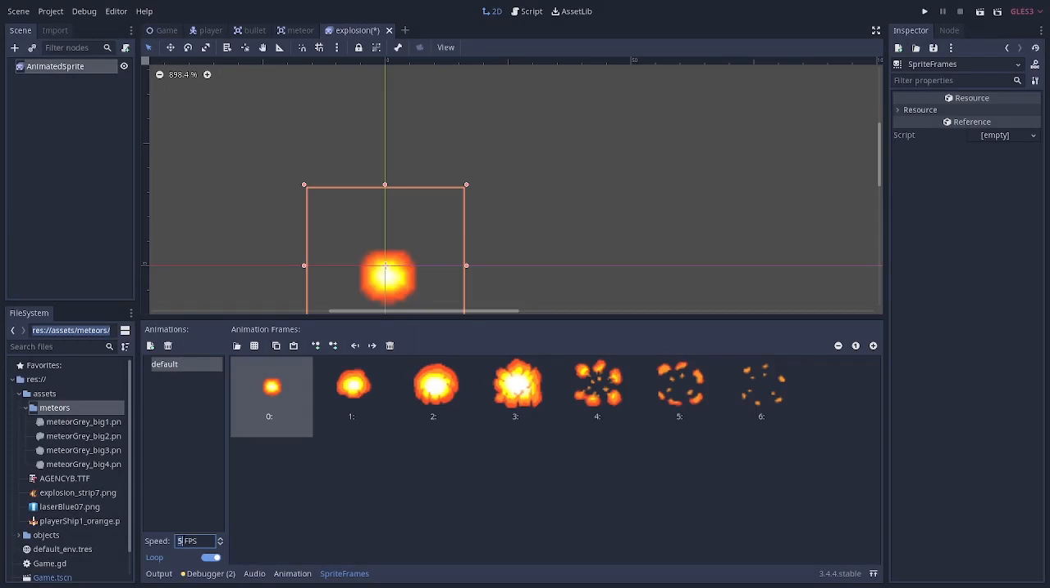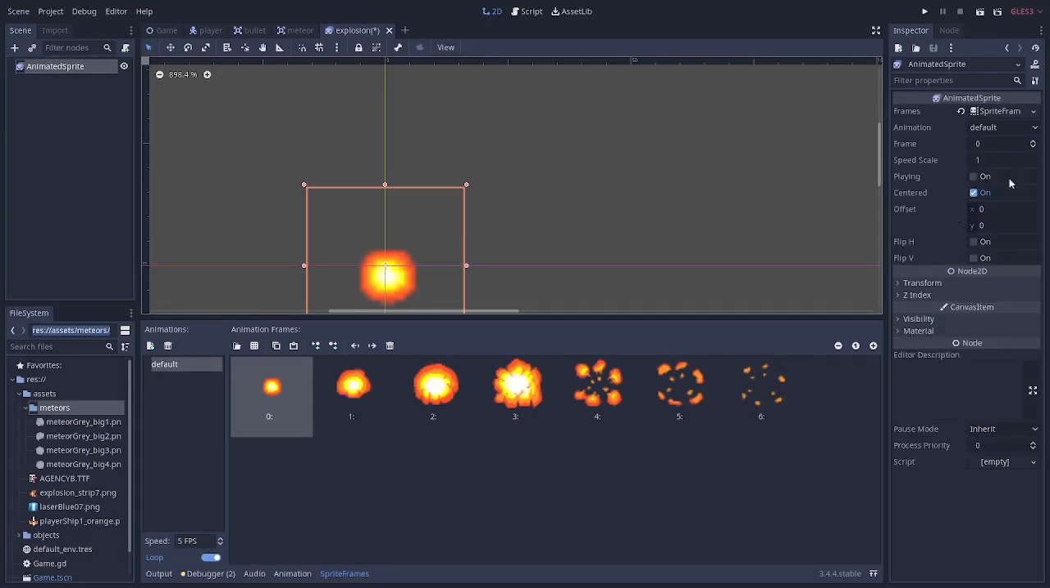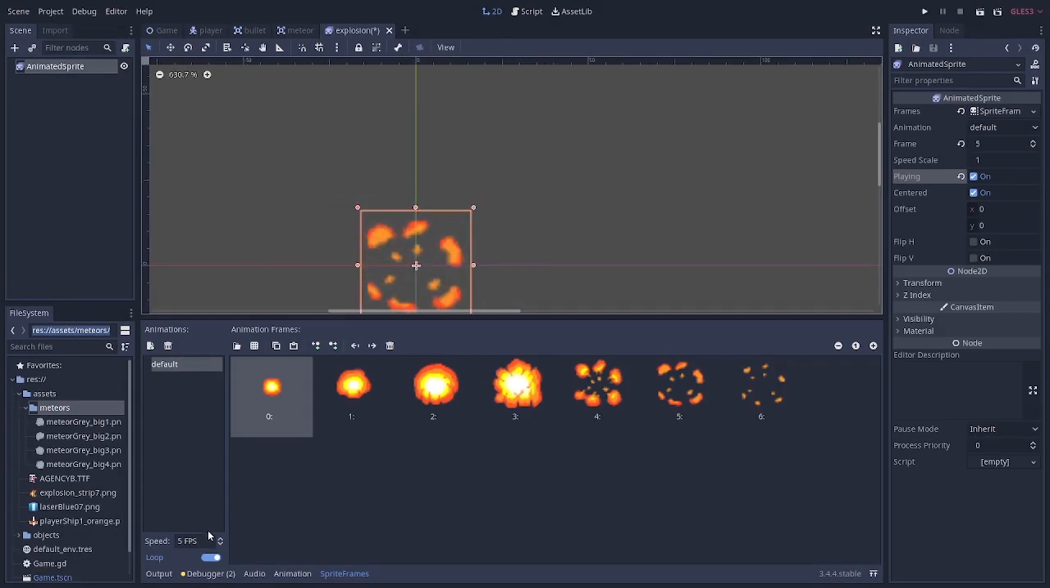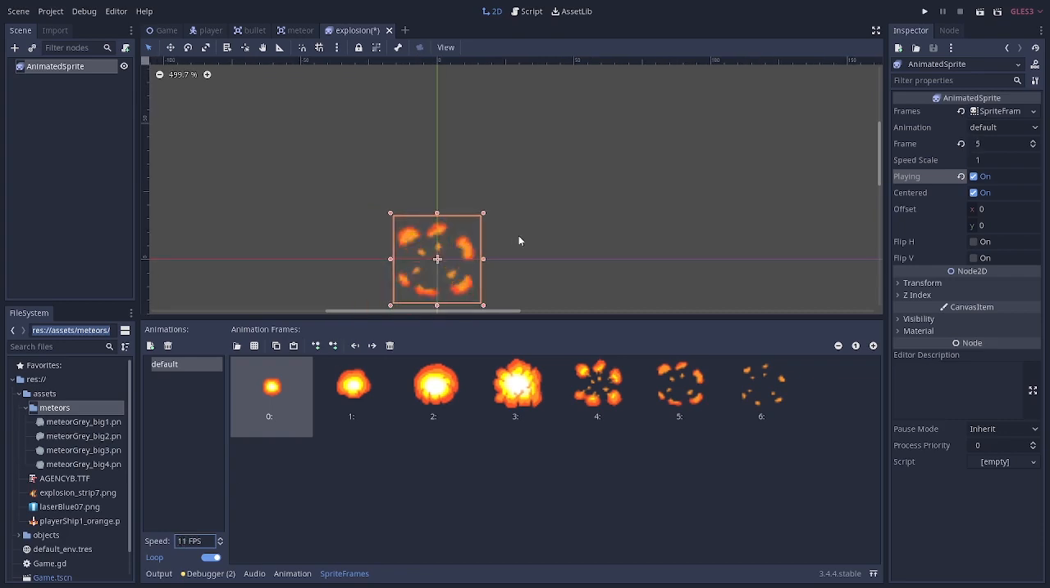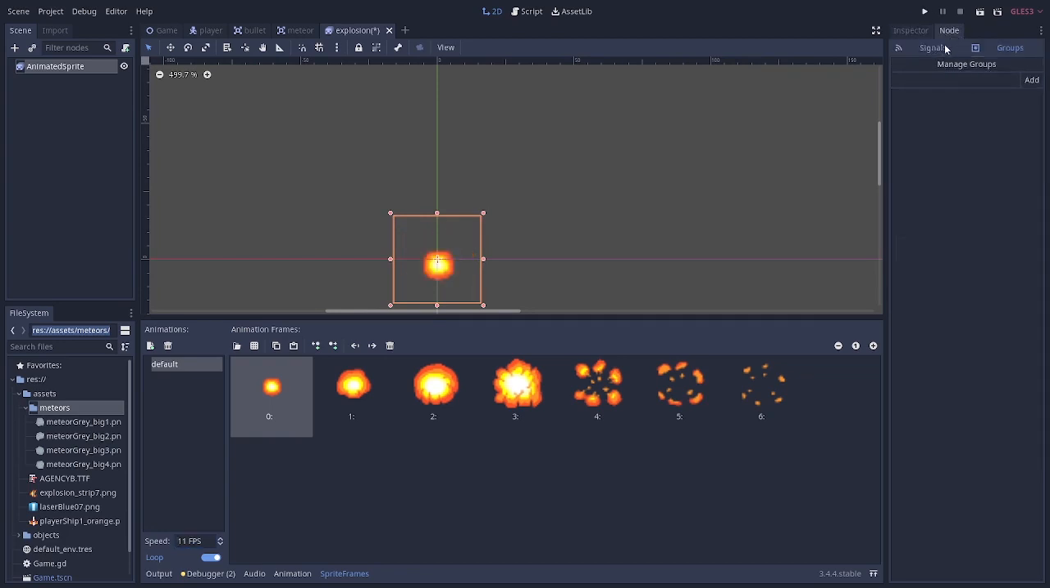So now the speed here, you can alter it. If you want to check it, you can just click playing. As you can see, it's really slow, so we're going to alter this to like an 11. As you can see, it gives some kind of nice effect. So we're going to click off and reset the frames back to 0, and we'll go over to node signals